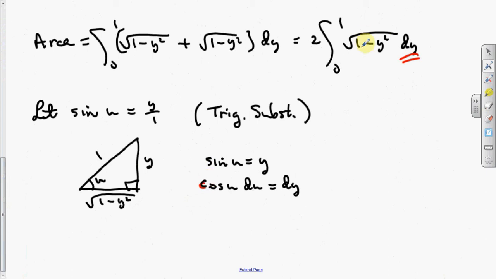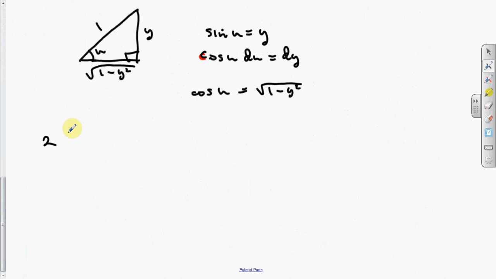Now to get this radical, I need to involve this leg over here. Well, we can use cosine. So cosine u is equal to the adjacent over the hypotenuse. So that's just the square root of 1 minus y squared. So here I have 2 times the integral from 0 to 1 of the square root of 1 minus y squared